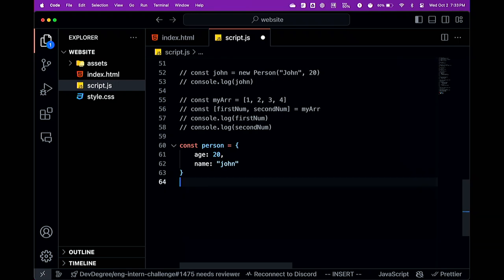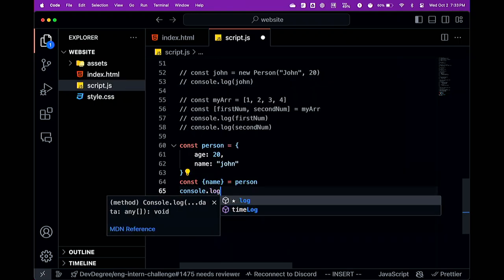I can extract out certain properties of that person. So I can say, I don't want that object, I just want the name attribute, and I'm going to assign it to the variable called name. To do that, the syntax is pretty similar, right? Curly brackets name equals person. It will destructure that person and take out only the attribute corresponding to what you just typed. And I typed name, so it's going to extract out the name, and then you can log it. So if I console.log name, it would just be